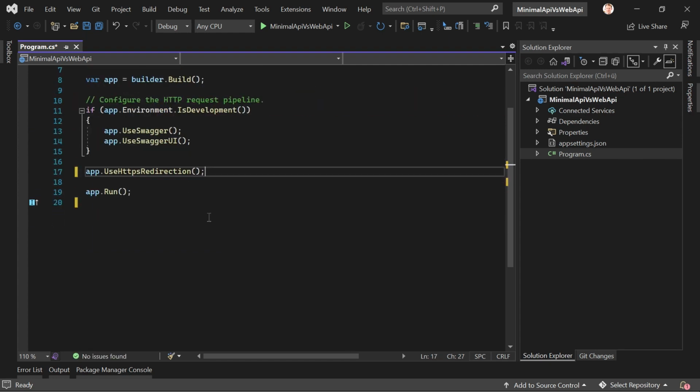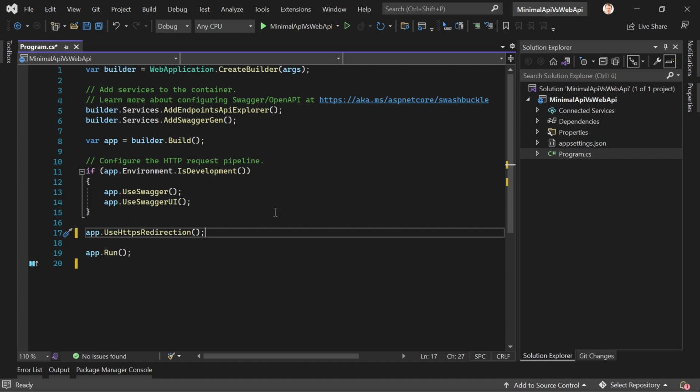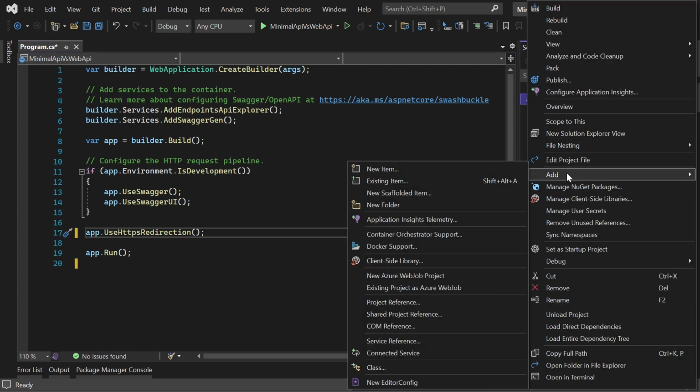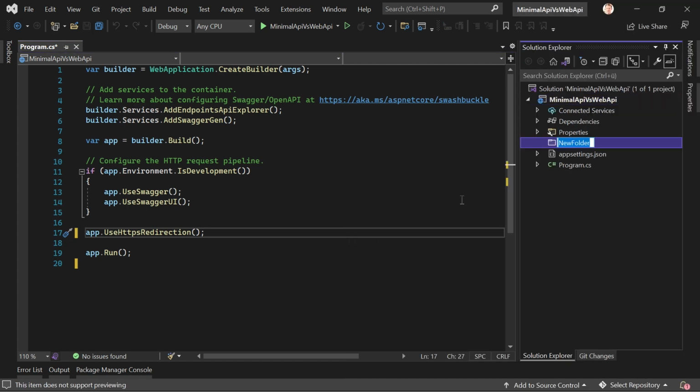All right, and now this is really minimalistic, so not a lot going on here. And with that, we have our minimal API. All right, so now to realize the traditional way, we have to create a folder first. Maybe it makes sense. So we add a new controllers folder,